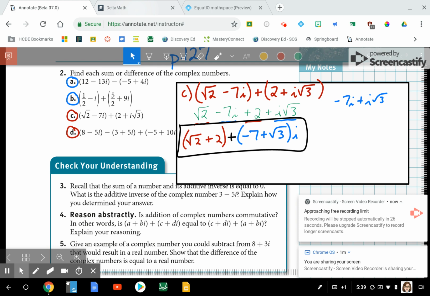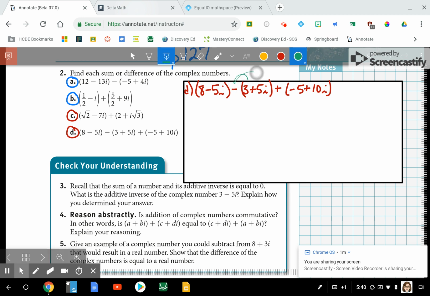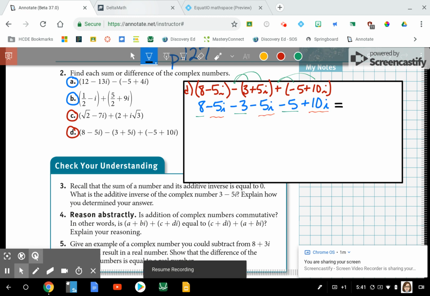So the last one I want you to try is part D. In part D, you have 3 terms. So what I want you to do is to distribute, write all the terms without parentheses, and then try to combine. So try that on your own. So when we distribute those signs, the positive and the negative, the plus and the minus,